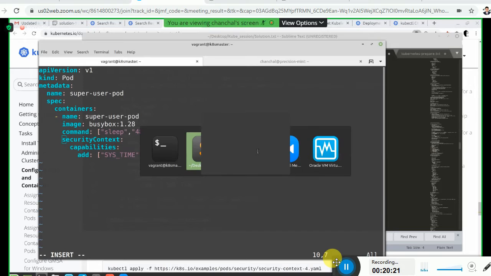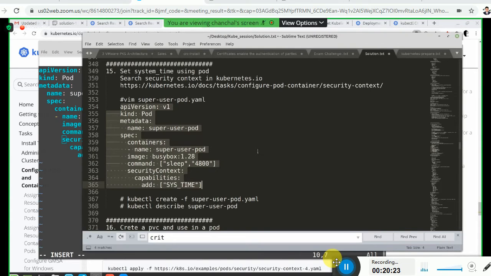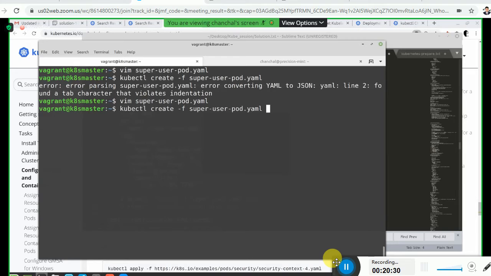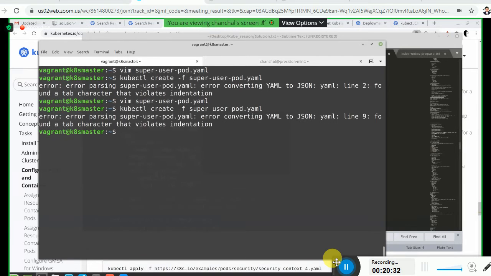Security context. What should be the indentation? This should be indented at the same level. Okay, escape, colon WQ. Line 9.